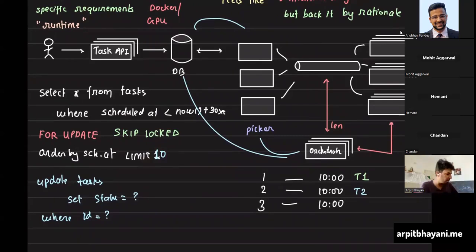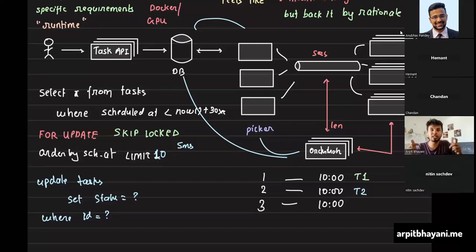Because if it takes you, let's say, 5 milliseconds to pick the task and put it into this SQS queue, let's say I pick SQS, you can pick Kafka as well, not a difference at all. During this one execution of the picker, it is reading 10 tasks, updating the status of the 10 tasks, and putting them into the queue. If this takes, let's say, 5 milliseconds, and you do this by measuring, not guessing, then you would know exactly how much time it takes to do it for 10 tasks. So you would know how much time it would take for you to do it for n number of tasks. Right?